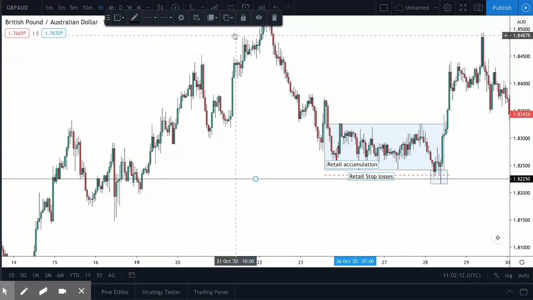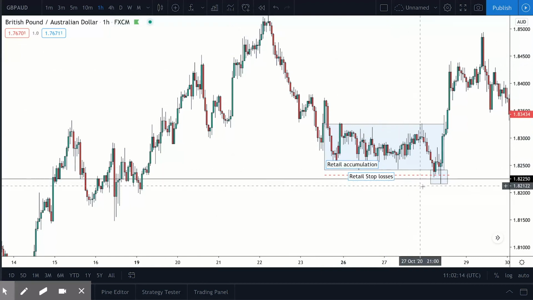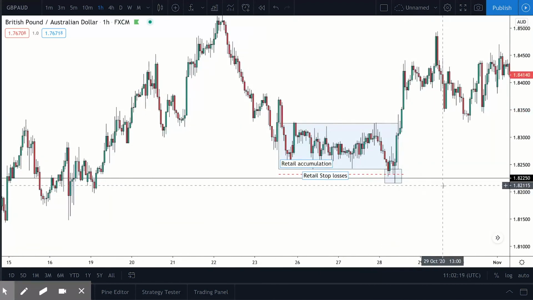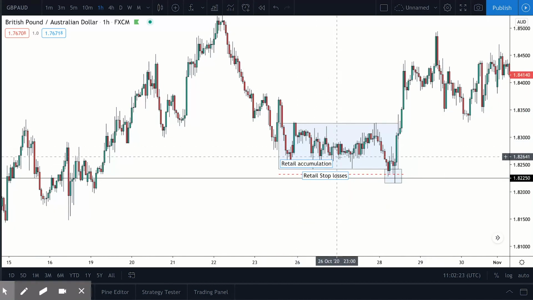This is a trade I actually took with my trading community, and this is a while back now. This is an October trade, but you can see understanding liquidity allows you to actually get the good entries. Okay, because I saw this accumulation, I knew I wanted to buy from around this point, but I knew that